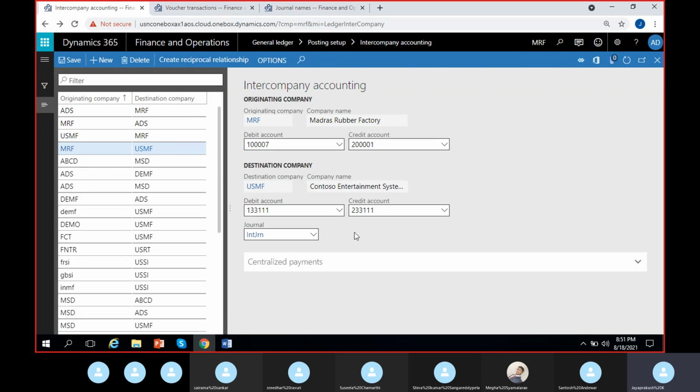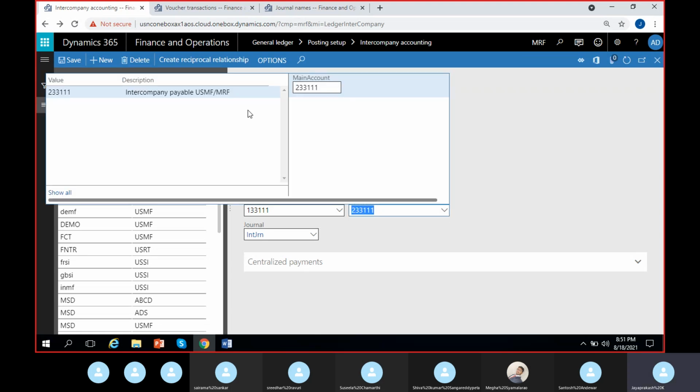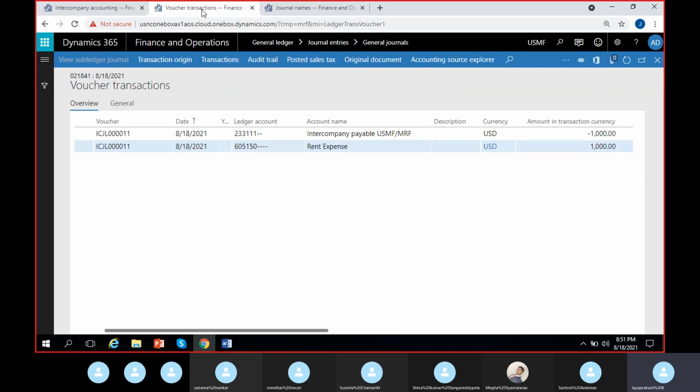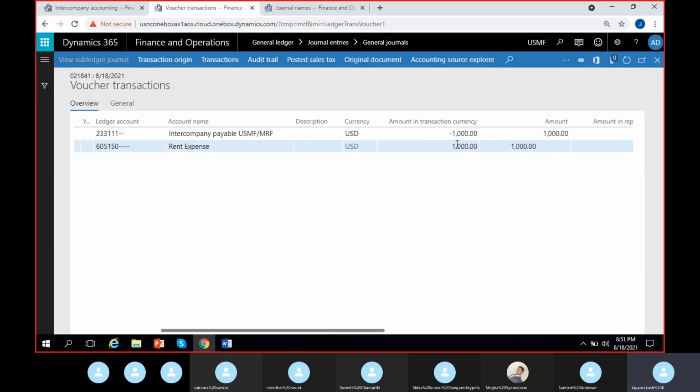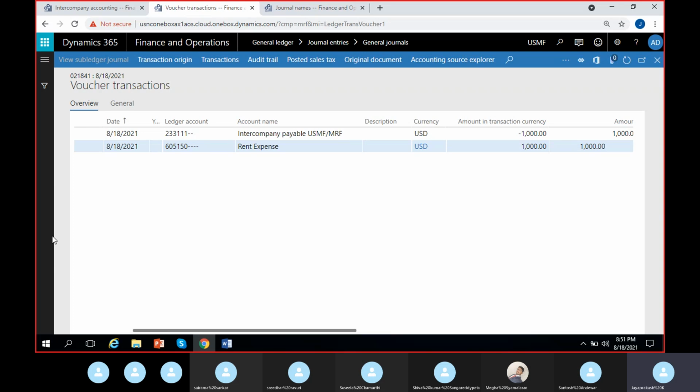So from here, since that is a destination company, in the destination company, what is the credit account? Here is the intercompany payable between USMF to MRF. Same account 233,311 is taken here as the credit account. So this is how we can track the intercompany transactions